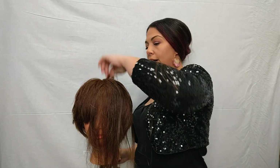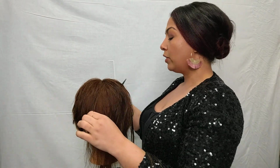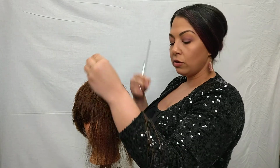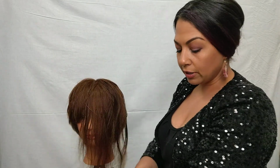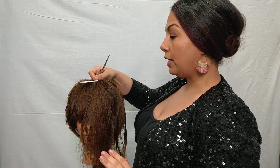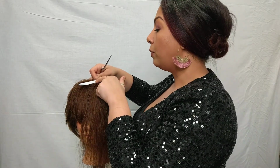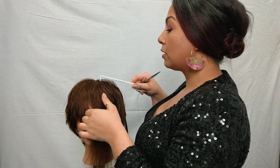So now that we've got that, we'll move forward to the fringe, and once we've got our fringe and then we have our length in the back, we can connect those and really be intentional about our design. Okay, measuring out our fringe is as simple as laying the comb across the top of the head, seeing where it leaves, and we'll be creating a triangle space